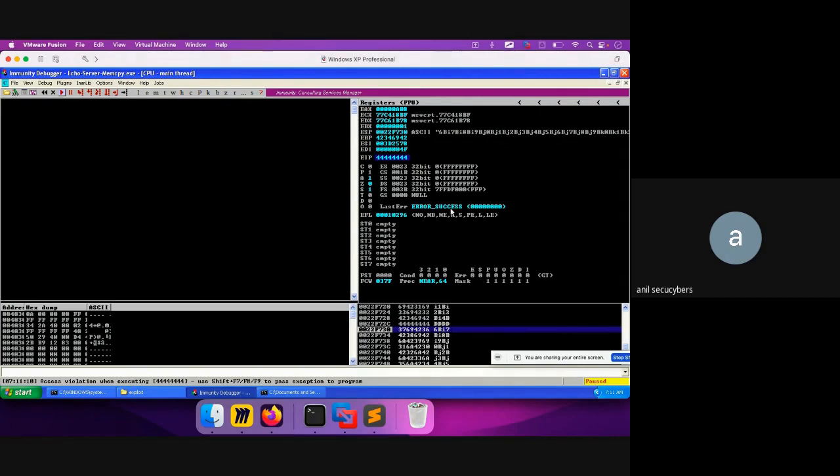So now the thing is that we have the EIP value as 4444, and we know that this is where